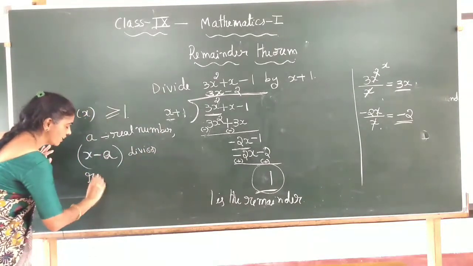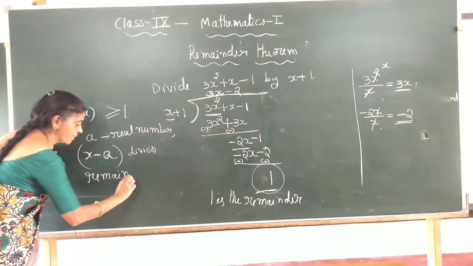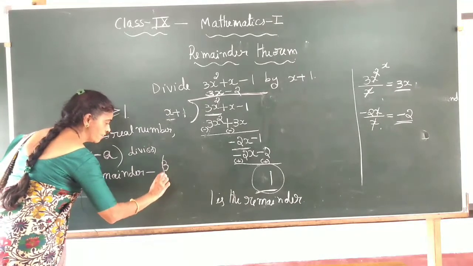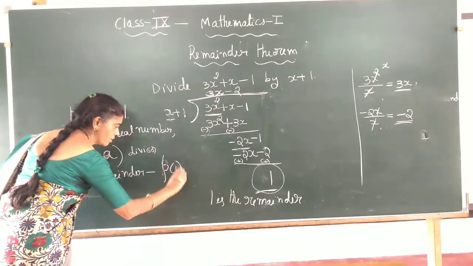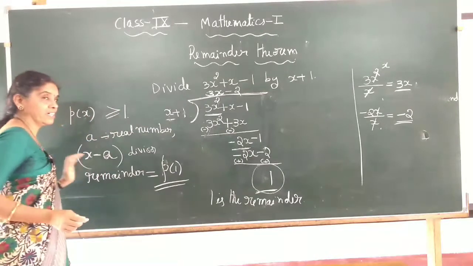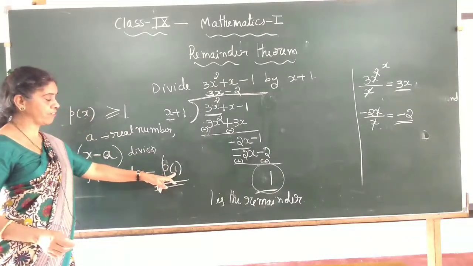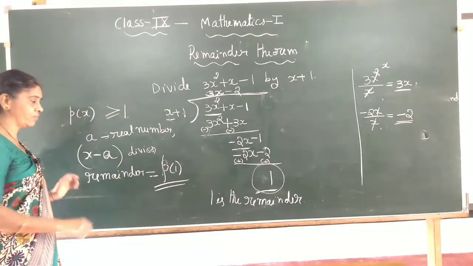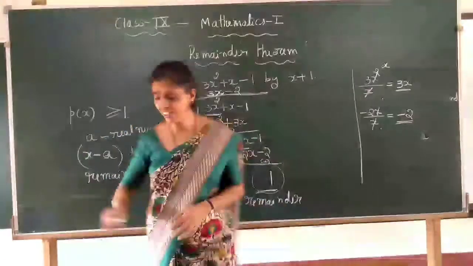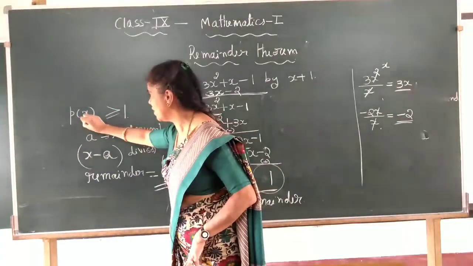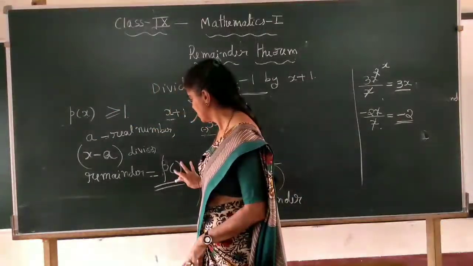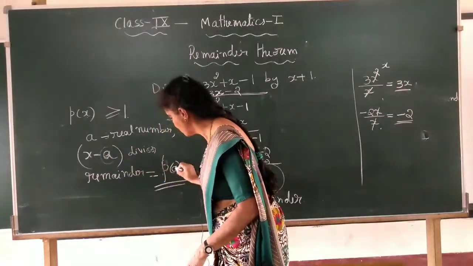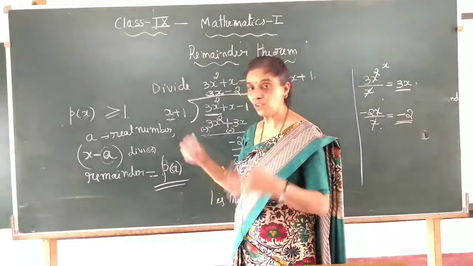then what is the remainder? The remainder you will get is p of a. This is the remainder. When you substitute the value a in the polynomial, that is the value of the remainder you will get. Now, how did I get that? The polynomial value I should take... not 1, sorry children. Which number is there? a I have to take. I will say once again, don't get confused.